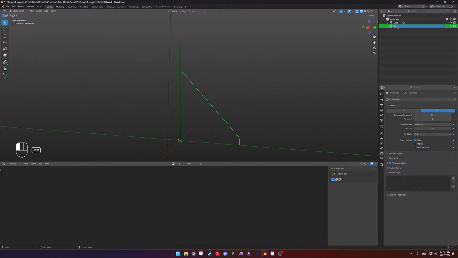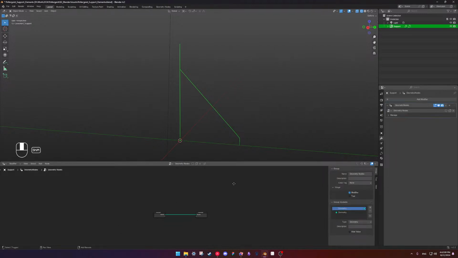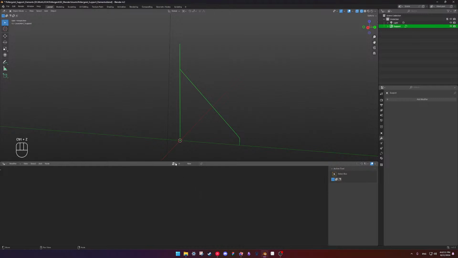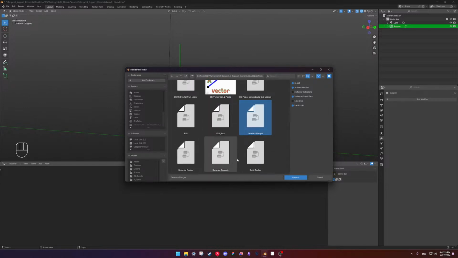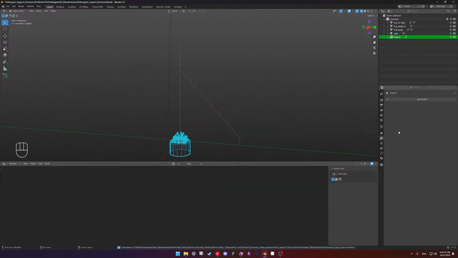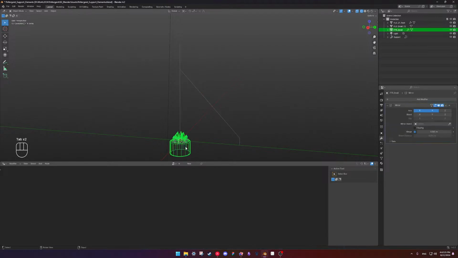Let's call this support. And then we're gonna add. I don't know why I did that. We're gonna import, or we're gonna append the, no, generate supports here. Okay.